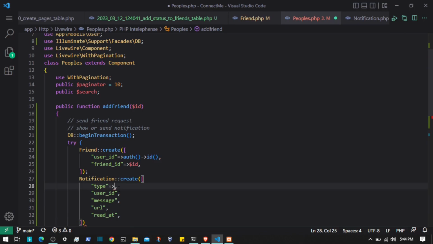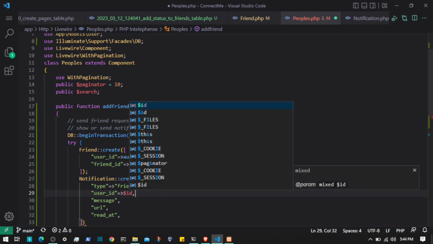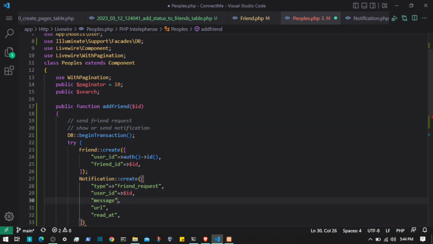Type is gonna be like friend request, yeah, something like this. The user ID is gonna be the ID that is coming from the parameter, because we want to notify the user. Let's say user A sends a friend request to user B, so we are going to notify user B that this user had sent you a friend request. So what I'm going to do is